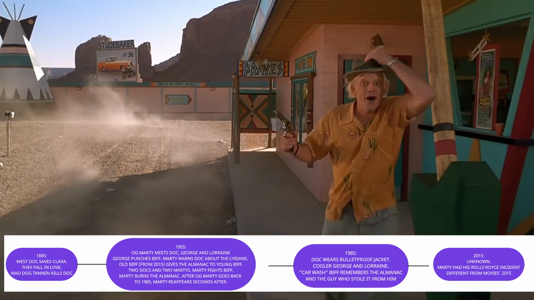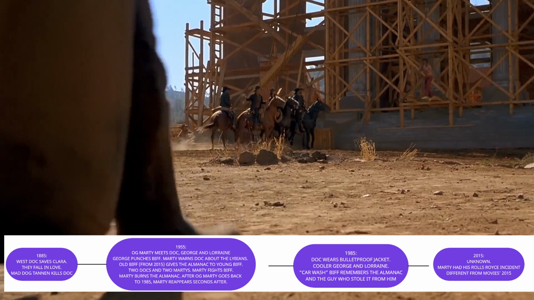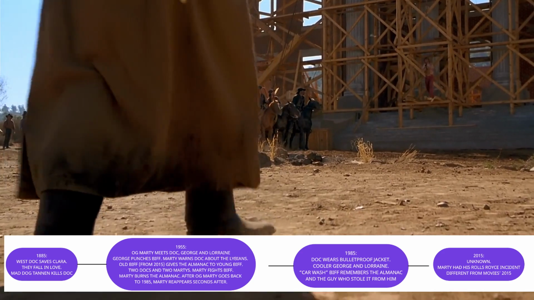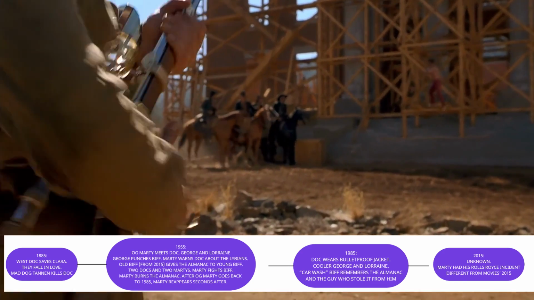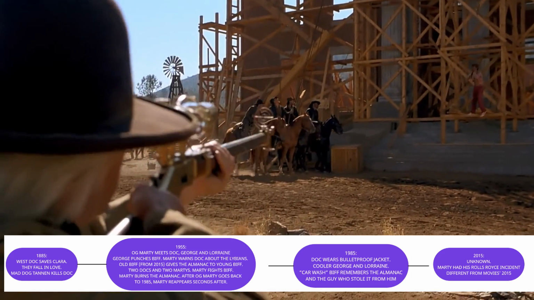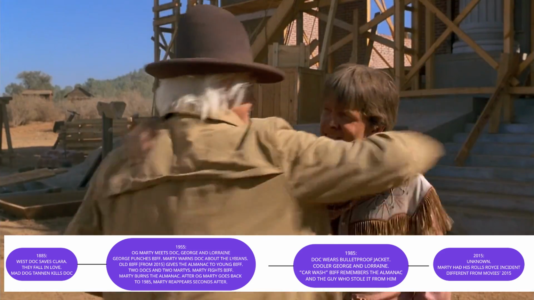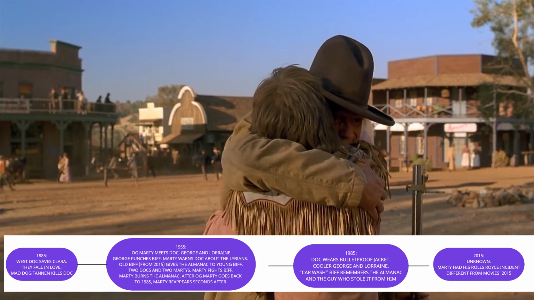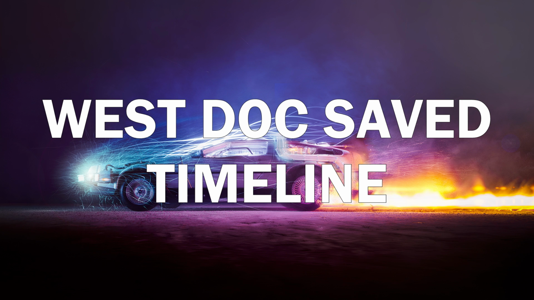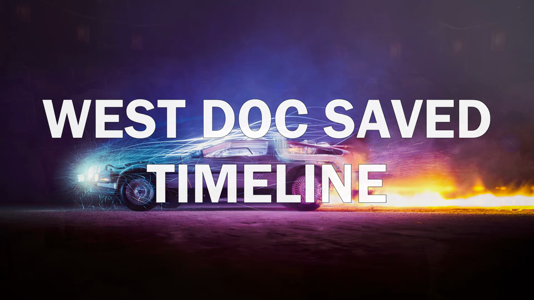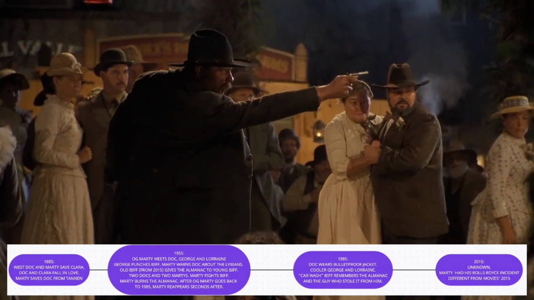The Doc from Back to the Future 3's 1955 is different from the Fixing Hell Valley timeline Old West Doc because of Rule 3. Old West Doc is the one traveling in time, so he's not affected by changes that occur to his other versions. Anyway, Marty goes to 1885, West Doc saved timeline. Marty meets with Old West Doc and saves him from Mad Dog Tannen.